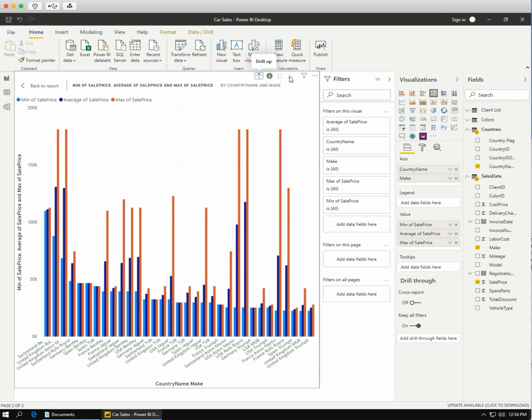The reason is that the order in the column is based on the value of the first entry in the values field here, namely the minimum sales price. So that's how Power BI decides how to order the different lines in the report, different columns in the clustered column chart. Now, I can change this by clicking here and do the sorting by country name make, and now